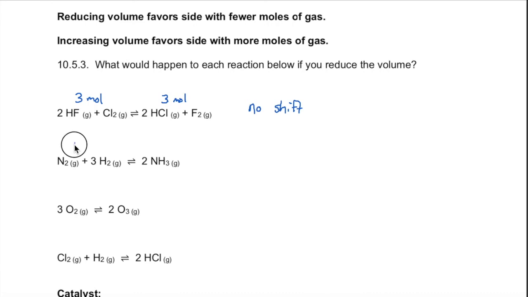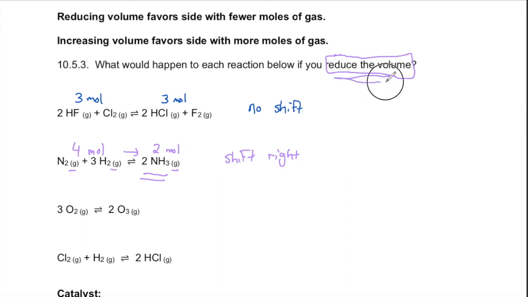Here you have a system, an equilibrium, that has 4 moles of gas on the left and 2 moles of gas on the right. So here on the left, 1 mole of nitrogen, 3 moles of hydrogen, altogether 4 moles. So we are reducing the volume here. We have less space, and so we're going to choose less gas in order to occupy that smaller space. So this would be a shift to the right. We're going to have to save space by taking some of these 4 moles of gas and making it into 2 moles of gas